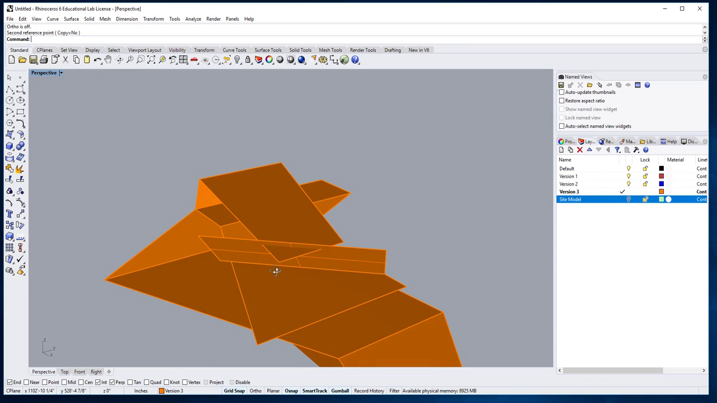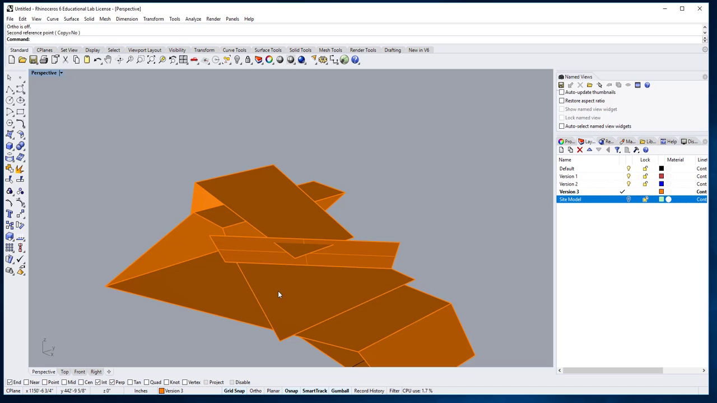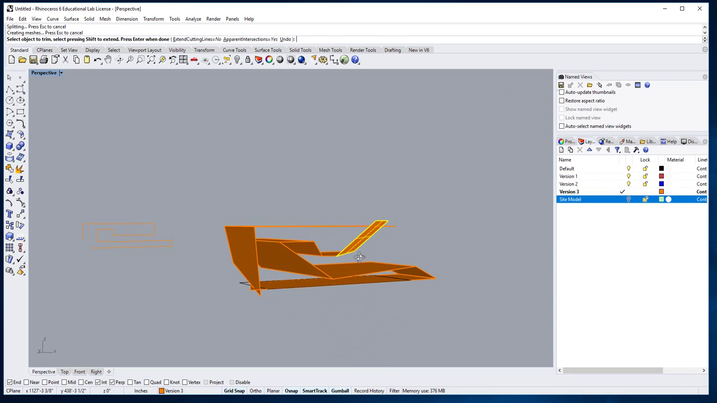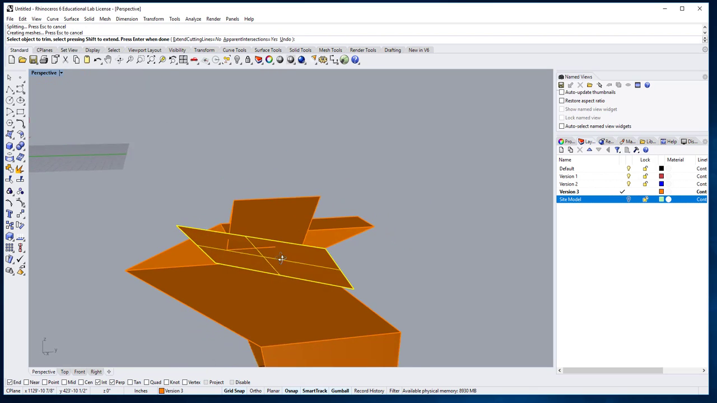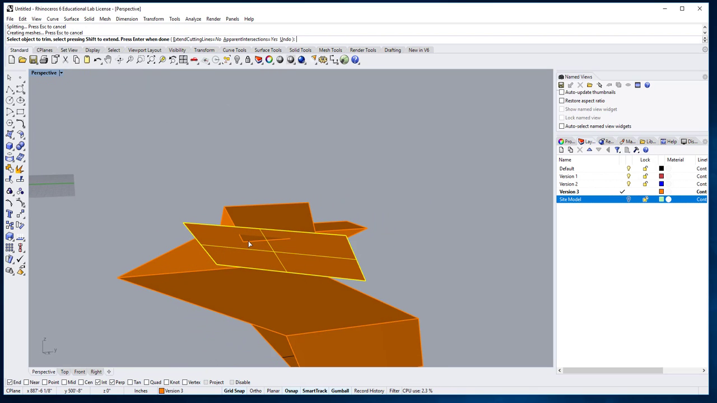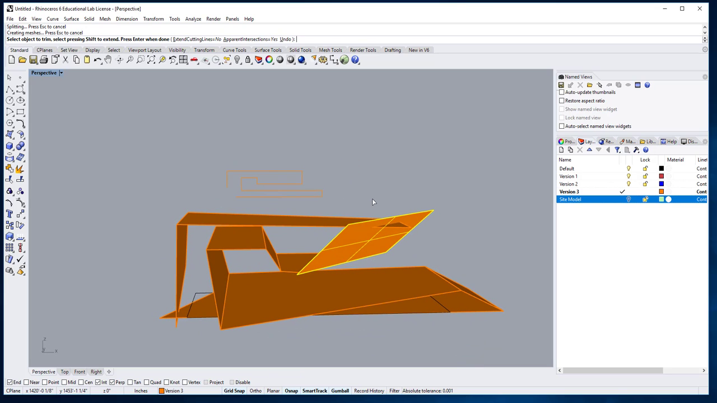So I'm gonna trim away that floor. So let's try that. Trim. There we go. So my floor does that. Next thing, I want to trim away that point that's sticking out from there. So trim